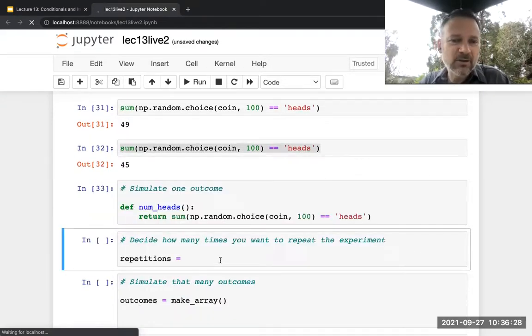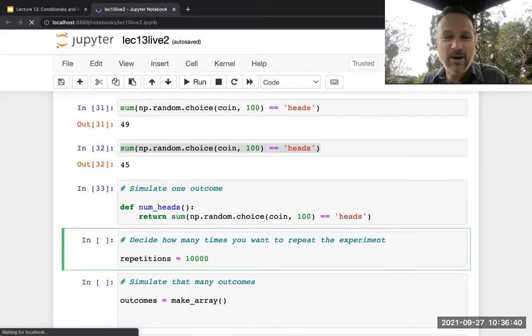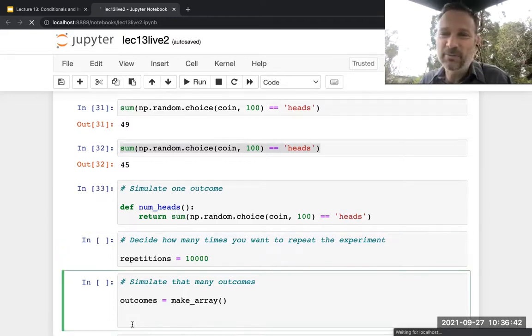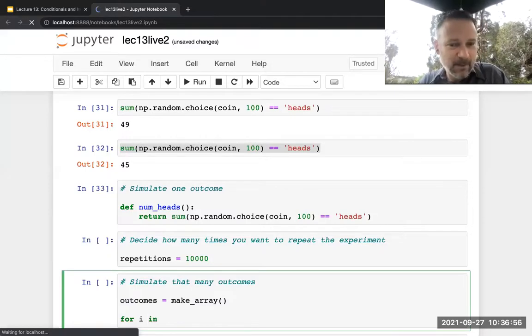Now, I said we're going to do this experiment many times. I imagined if I was going to do it, I'd do it until I get tired. But computers don't get tired. So I'm going to, maybe it's cruel and unusual punishment, make the computer do this 10,000 times. So how do we do that? We create an empty array to store the results. Then we do a for loop.